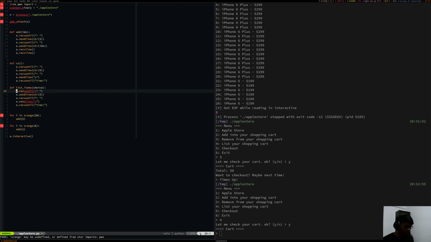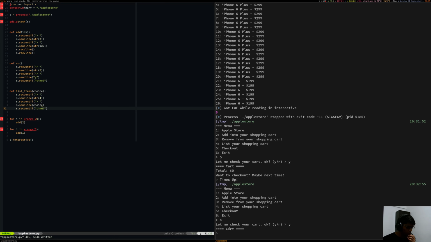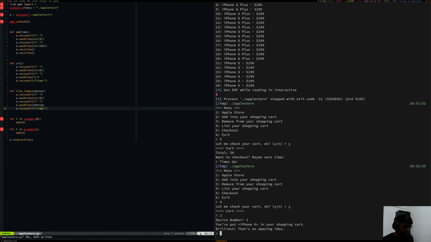We get that, send 4, and then we get a y of that. Then it will print out the cart, which in that case is